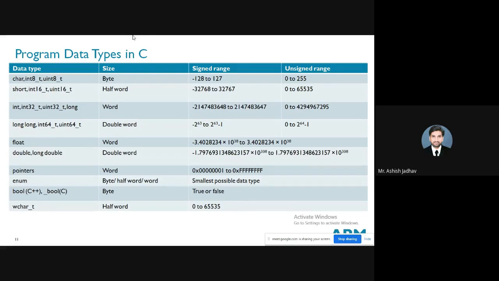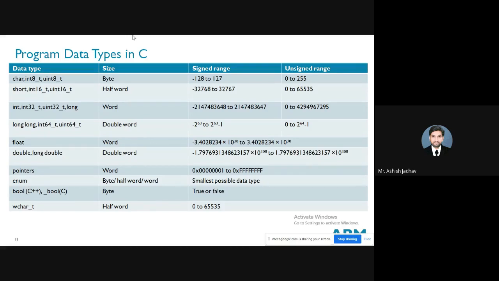If I consider the signed range, it would be from minus 32,768 to 32,767. And what would be the unsigned range then? It would be 0 to 65,535, right?